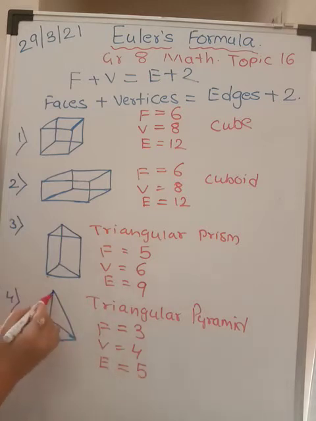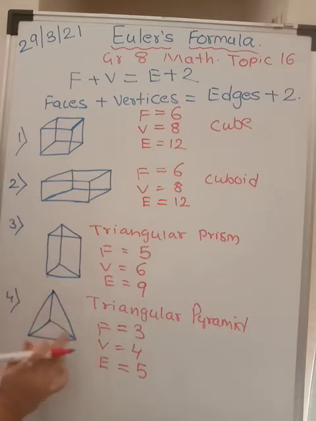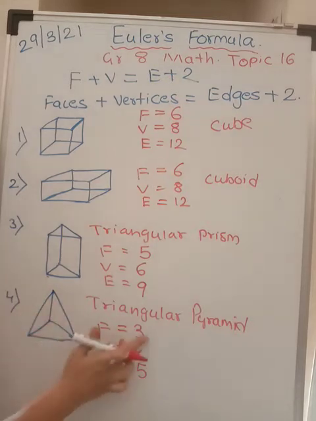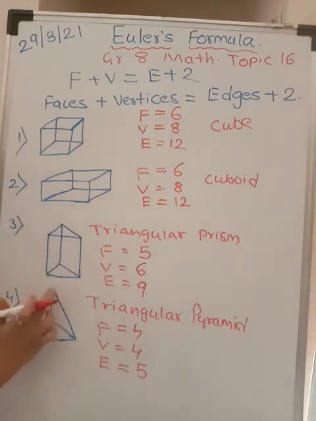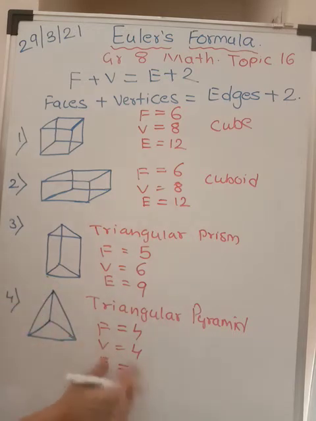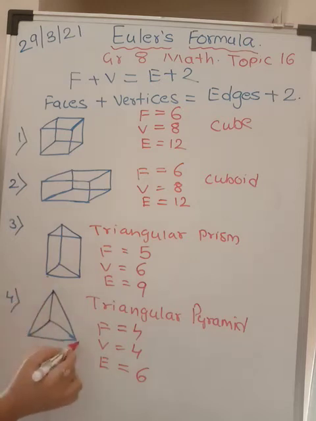5. Count. See, 1, 2, 3. Faces are 1, 2, 3 and 4. Sorry, 4 faces are there. Base is also there, no? This is the first face, second, third and this base is fourth. 4 faces and vertices 1, 2, 3 and 4. 4 plus 4, 8. 8 minus 2 will be 6. Okay. Now let us calculate. See, 1, 2, 3, 4, 5 and 6 edges. Got it? Okay, 4 we have done.